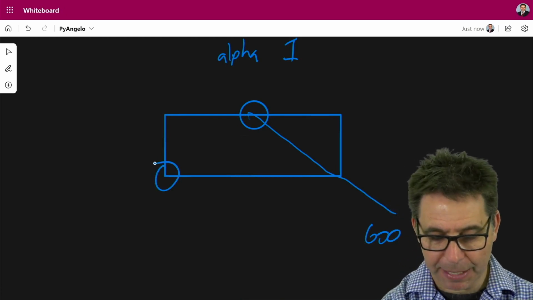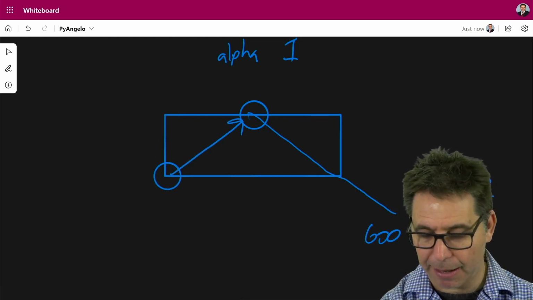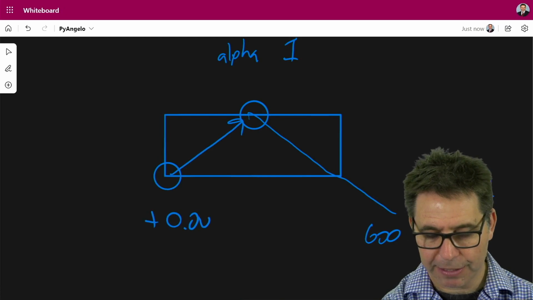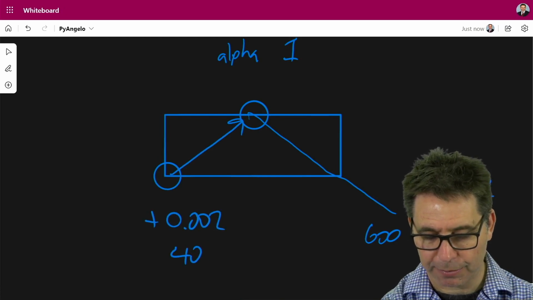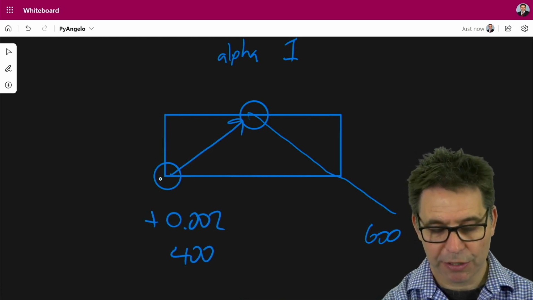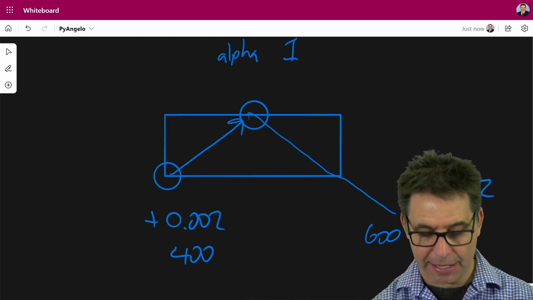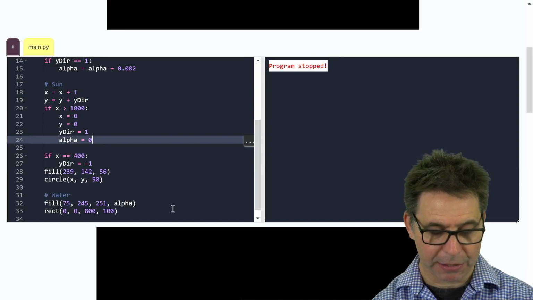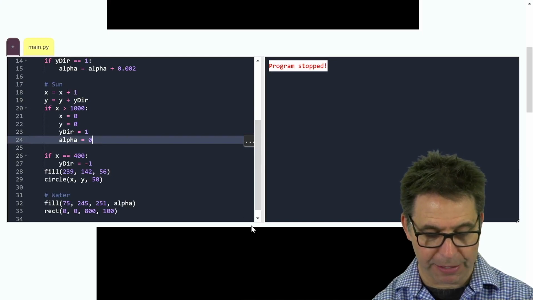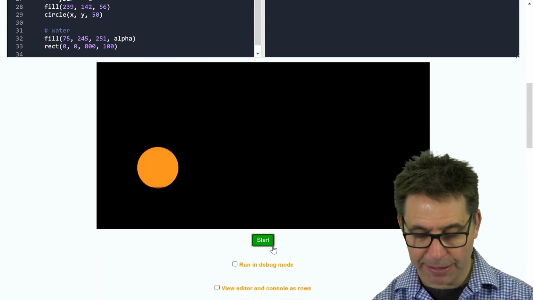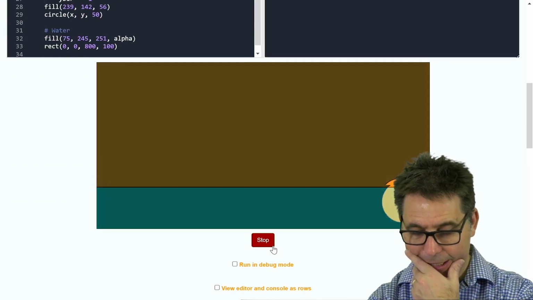But then when we set it back to here, we only increase it plus 0.002 400 times. So it doesn't get back to where it was. So we should just set it back to 0 here, and then it will go up in a much better way. Let's try that. So alpha equals 0, and now I think that's going to get a better sunset